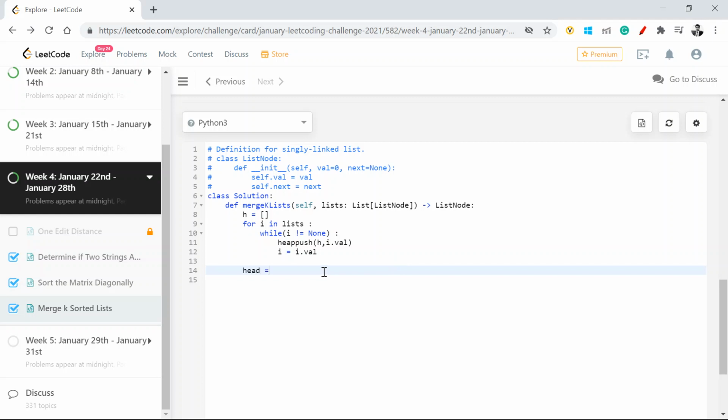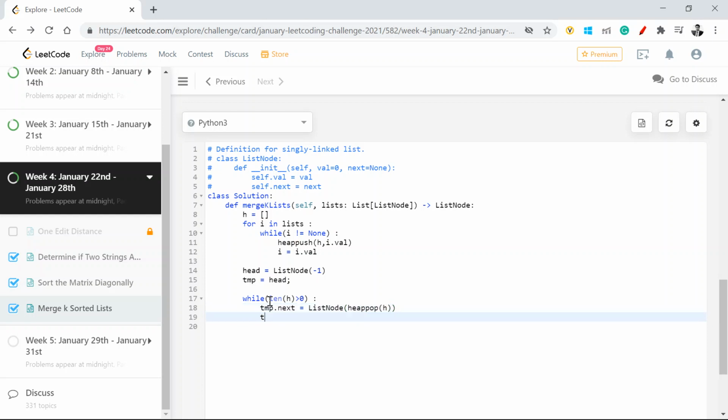All I need to do is create another list node, like we did there, which will be acting as my result set. And while len of h is greater than 0, I'll keep on adding the value into the list node, and the heap will always remove the node which has the minimum value in the list and bring the next smallest value to the root.